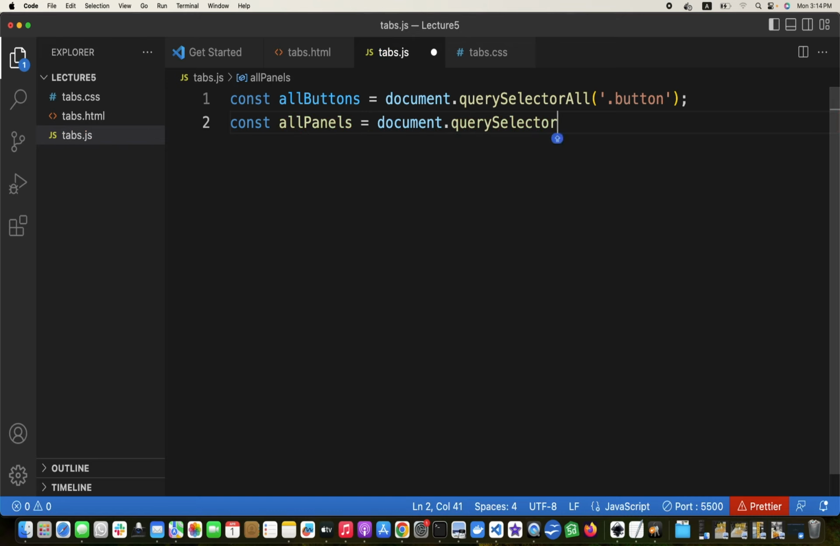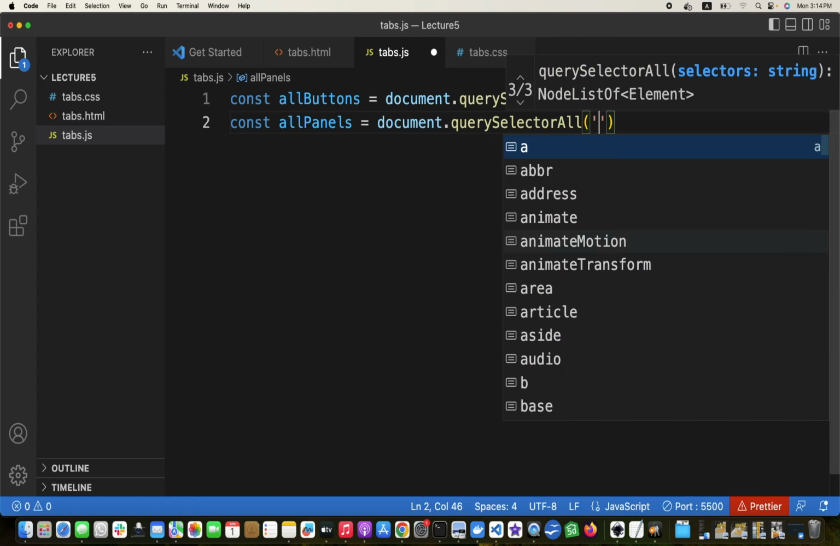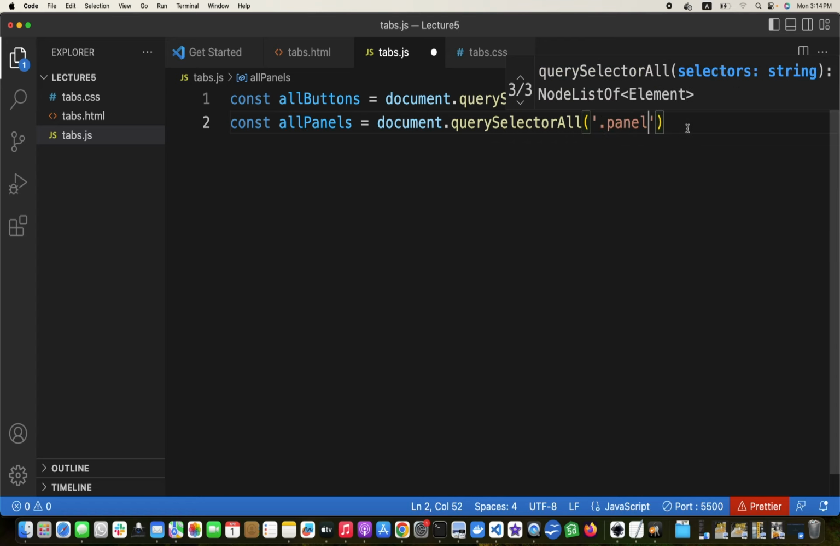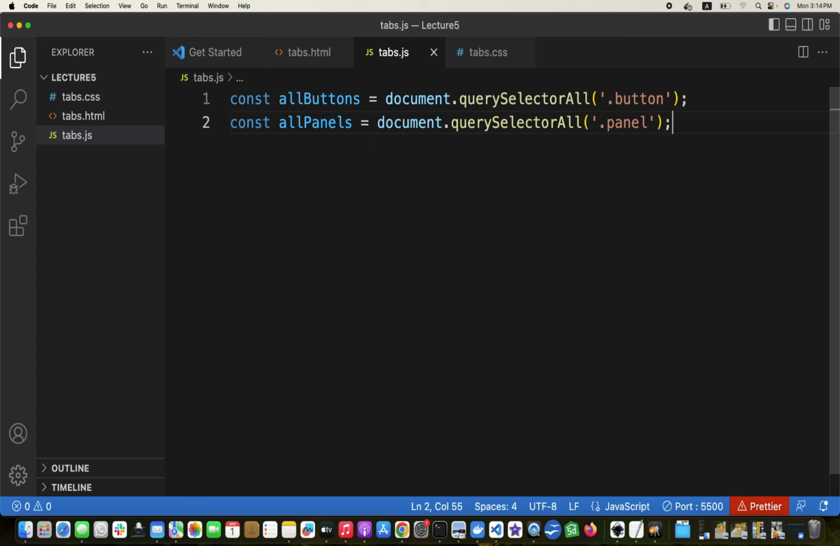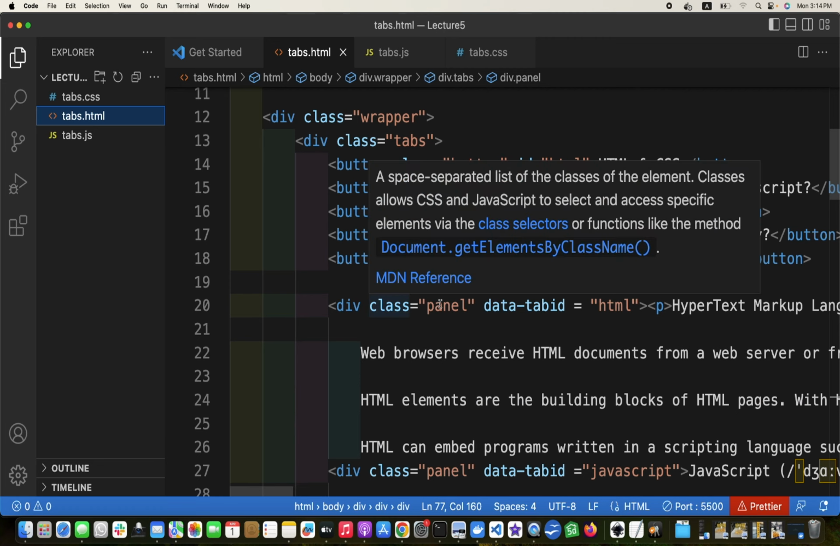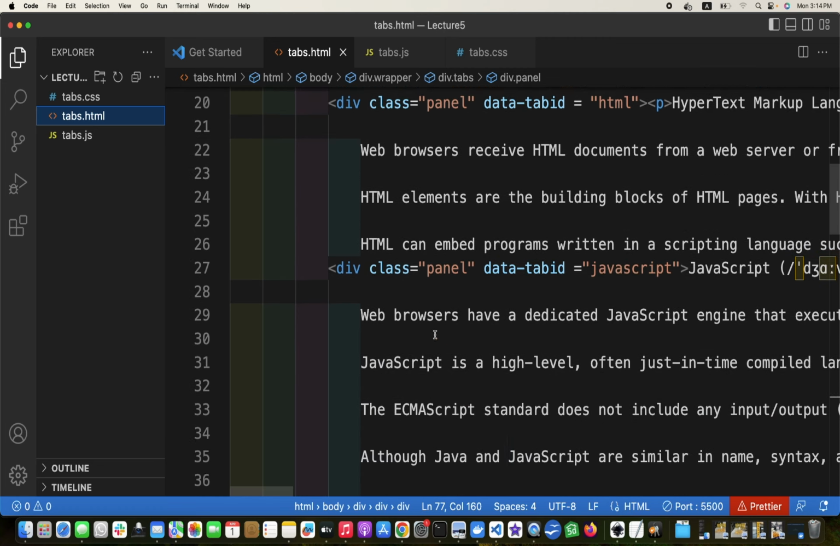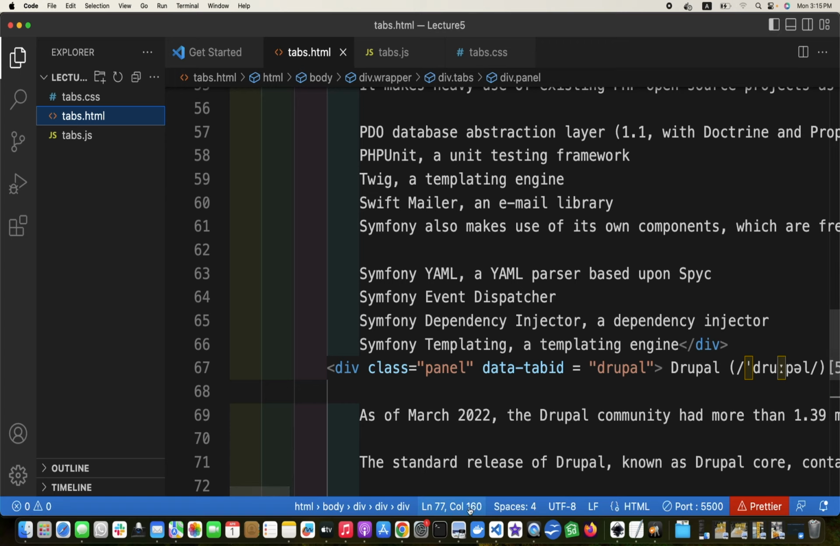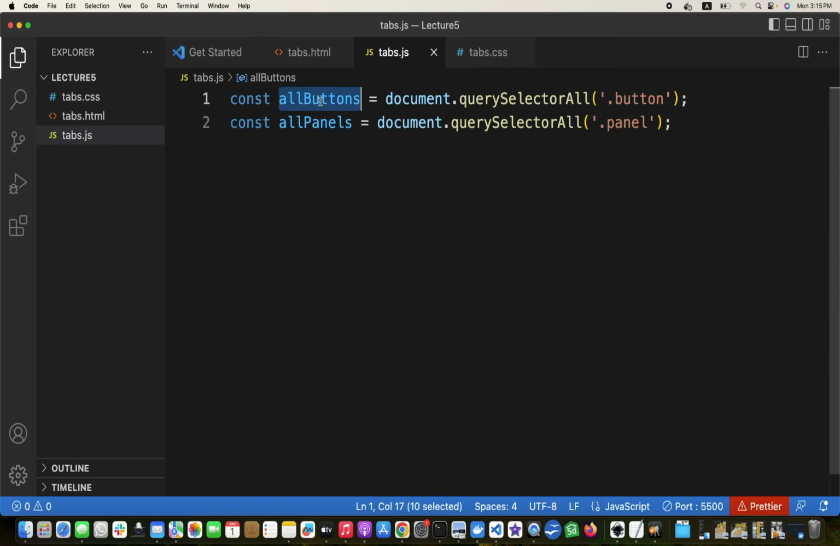const all panels is equal to document dot query selector all dot panel. So we have given each of the divs a panel class. Let us check it again if we have given the right. So each div has a class of panel, panel, panel, and panel. So this variable has all the buttons now, and this variable has all the panels now. The next thing is